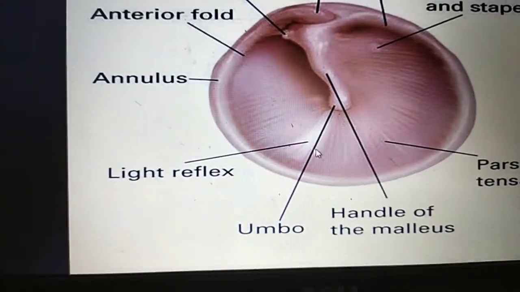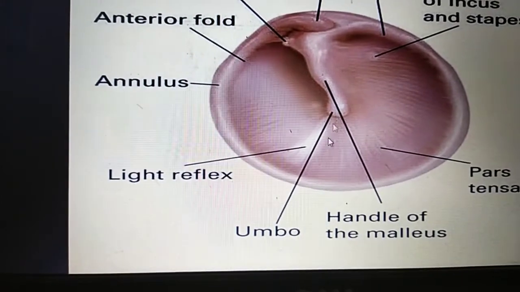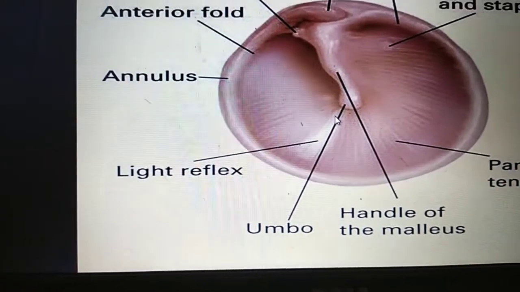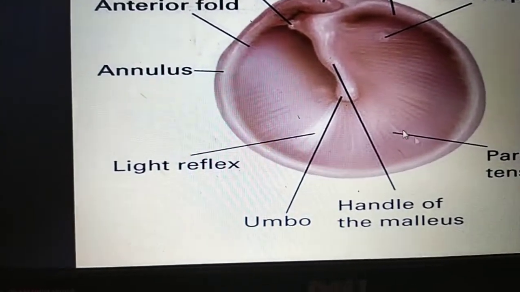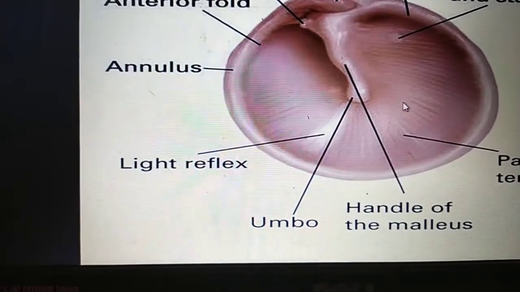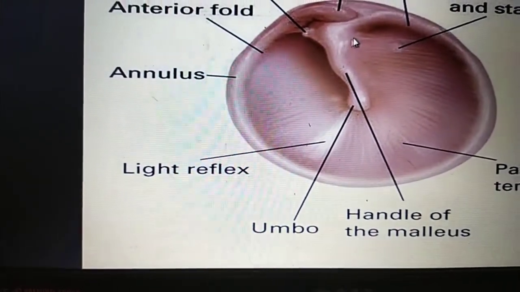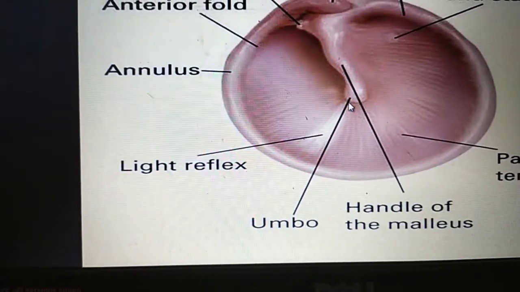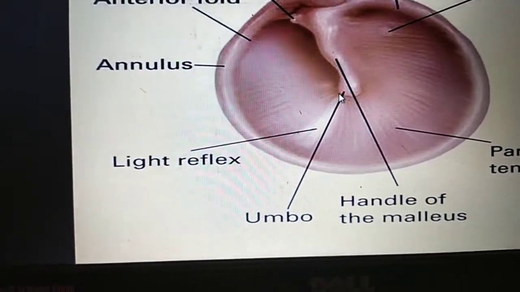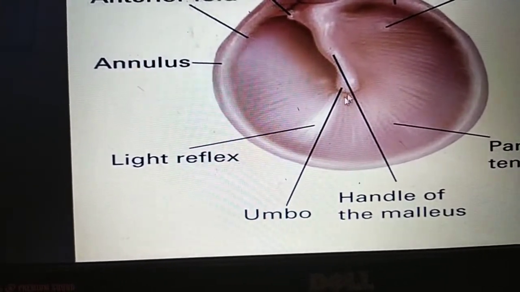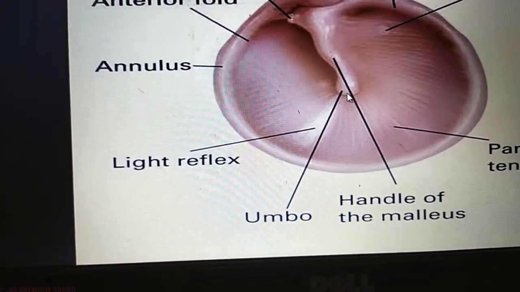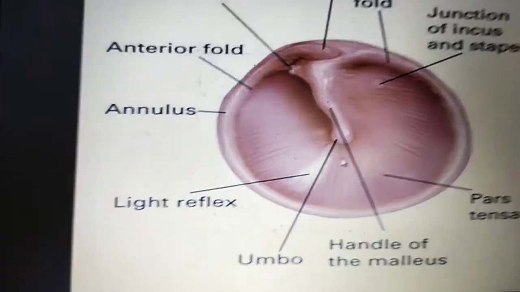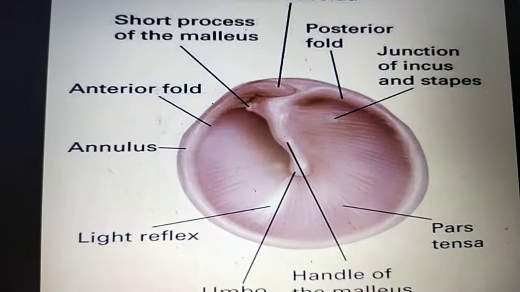How can you identify whether the tympanic membrane is right or left? If the cone of light is present at 7 to 8 o'clock, then it is the left ear. If it is present at 4 to 5 o'clock, then it is the right ear. The apex of the cone, you can see this is the base and this is the apex. The apex of the cone is at the most depressed part of the tympanic membrane. You can go to the next slide.